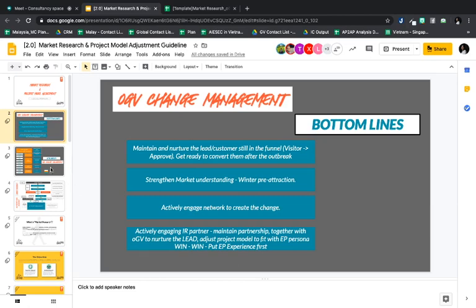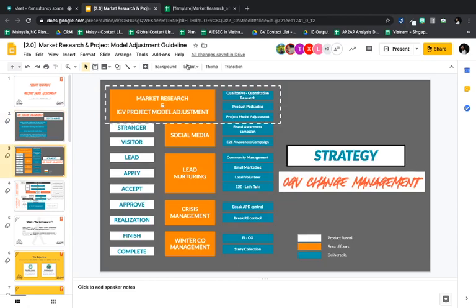What is mentioned in today's webinar is in the first block of the strategy, regarding market research and iGV project model adjustment. It has three deliverables. First is the research, which is qualitative research and quantitative research. The second is product packaging, and the third is project model adjustment.